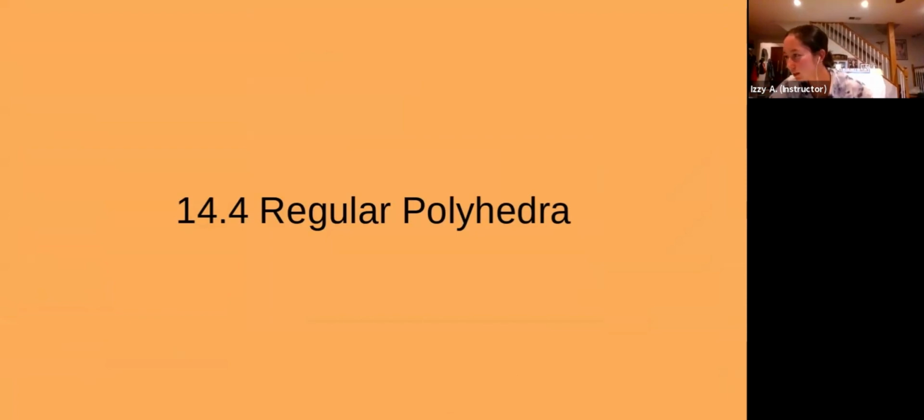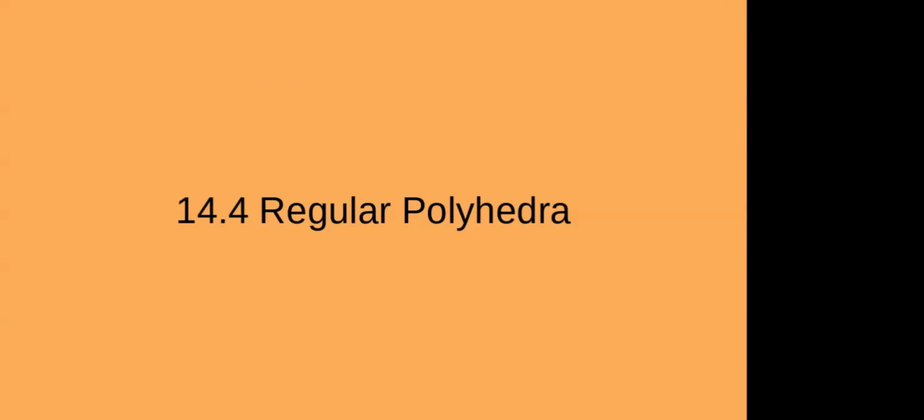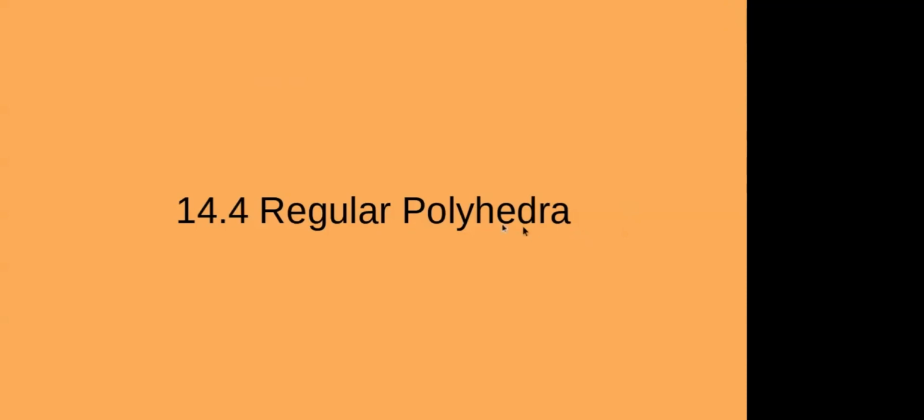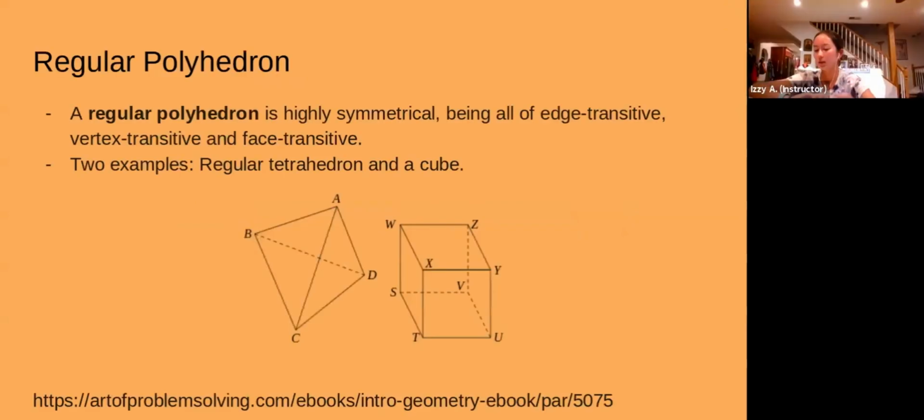Let's see. This last section we have 2 information slides to go over, and then we have 2 problems. We can go ahead and go over the 2 information slides. I have a question. Shouldn't there be an N at the end of polyhedron? Oh, this is a plural, polyhedra. Oh, regular polyhedra. Yep. Okay, but yeah, we can play Kahoot after we go over these two slides.